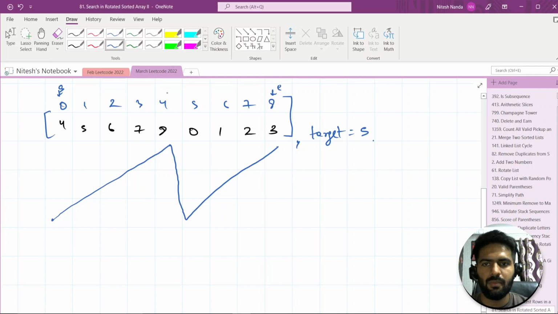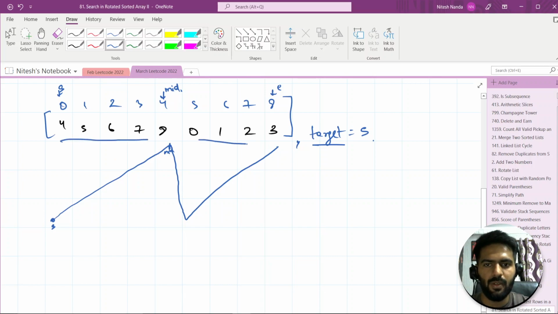So this time this will be our mid. This is our mid, so we lie in this range. This is start, this is mid, and now we will check whether this target lies in this range or not. Before checking, we need to check whether we need to go for this part